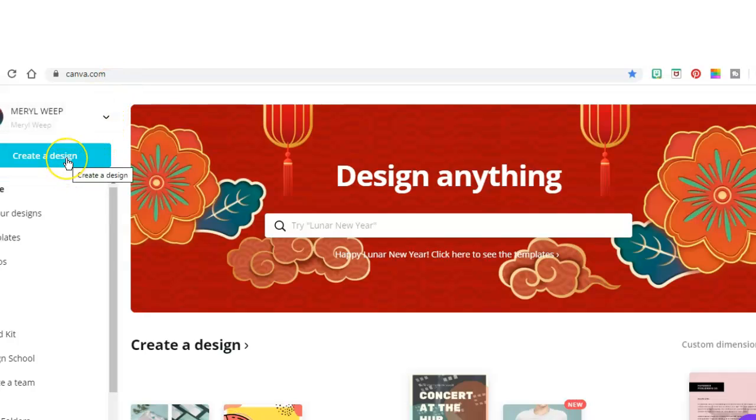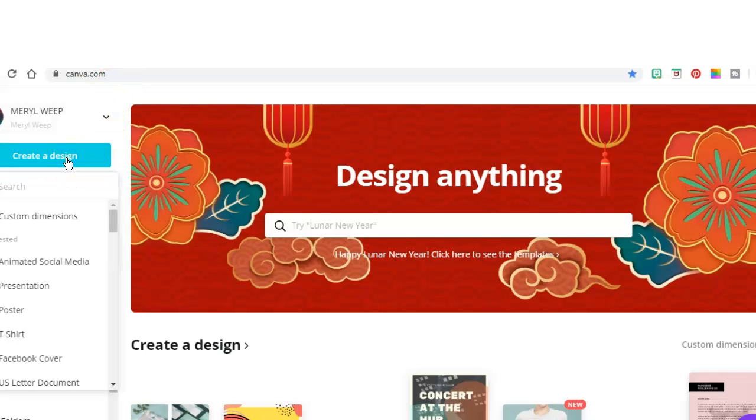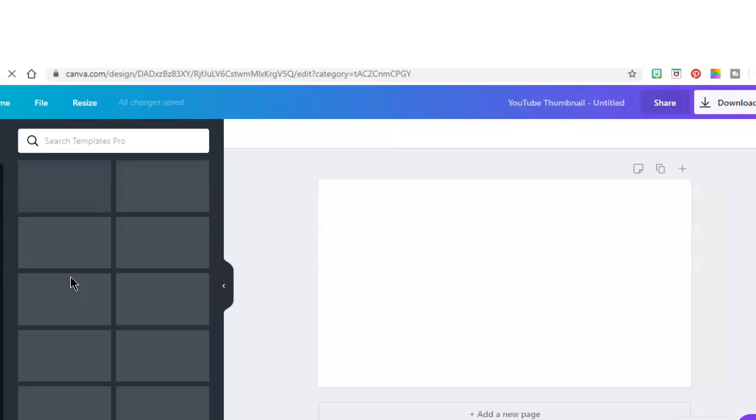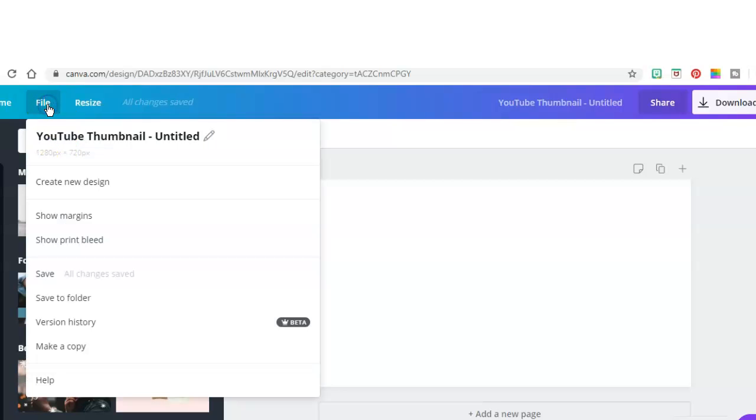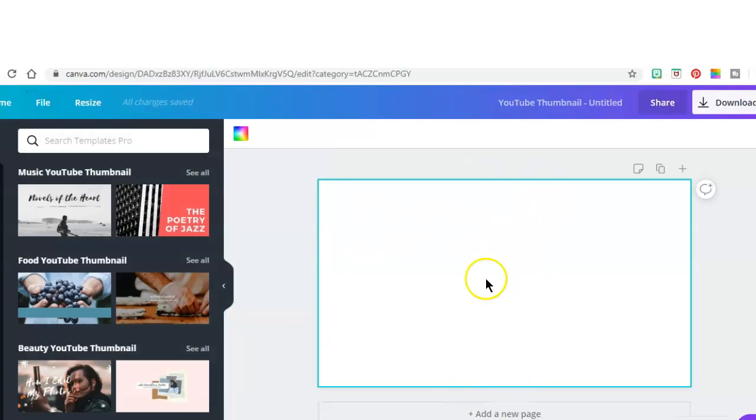And I am going to click on Create a Design, and I'm going to go down to YouTube Thumbnail, and it gives you a pre-sized graphic that's the exact size of YouTube thumbnail art. If you click on File, you can see exactly what the dimensions are, and it's 1280 by 720 pixels. Okay, so this is our